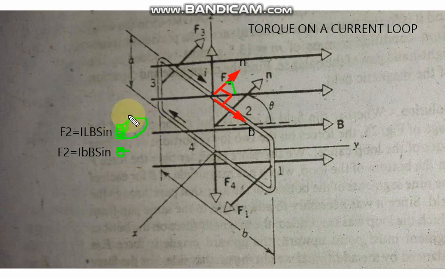Let this angle be phi, because theta is the angle between this B and the unit normal n. It is given by theta. So this angle between small b and capital B cannot be equal to theta. It must be denoted by some different letter, and let that different letter be phi. Okay, so phi is equal to 90 minus theta. So the force